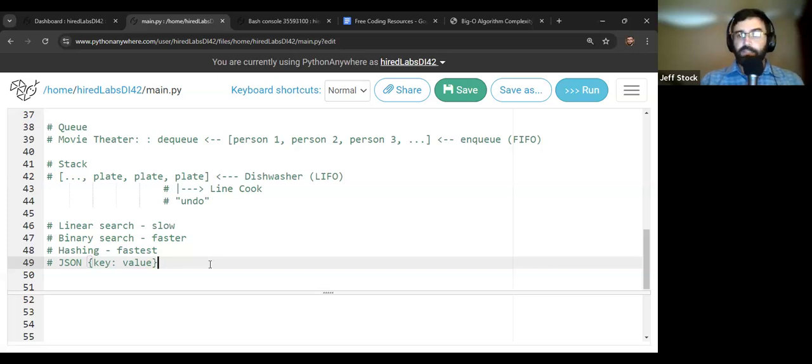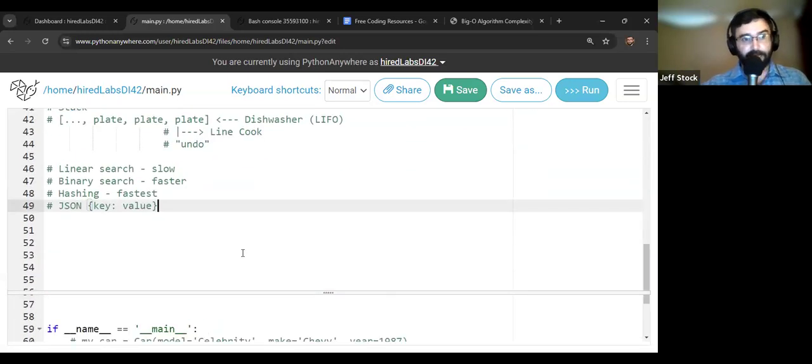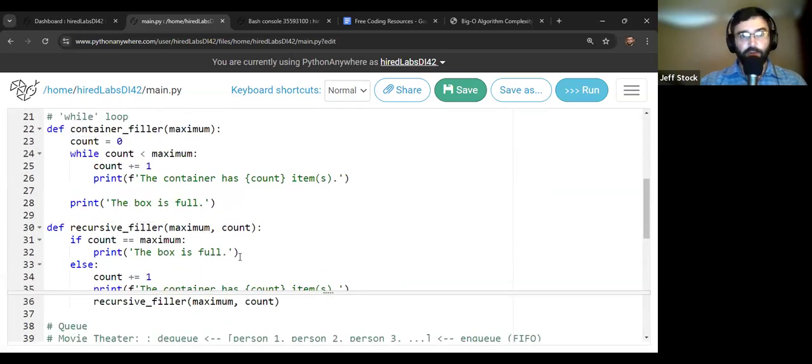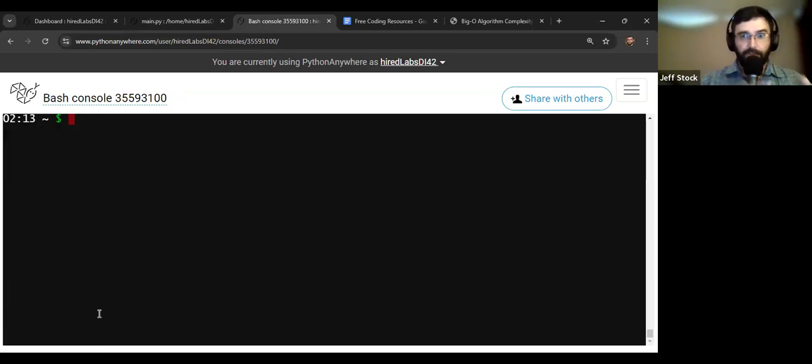Cool. Any other questions about these things? Because this is the majority of what we want to cover for today. I did want to demo what we're going to be building next week, and make sure again that we have plenty of time to answer questions, and that everybody can get to most of these things mechanically. They can get into PythonAnywhere. You can get into your Bash consoles, because we're going to be building next week again in our Bash console. We're going to start running some more commands in here and building the app straight from here.